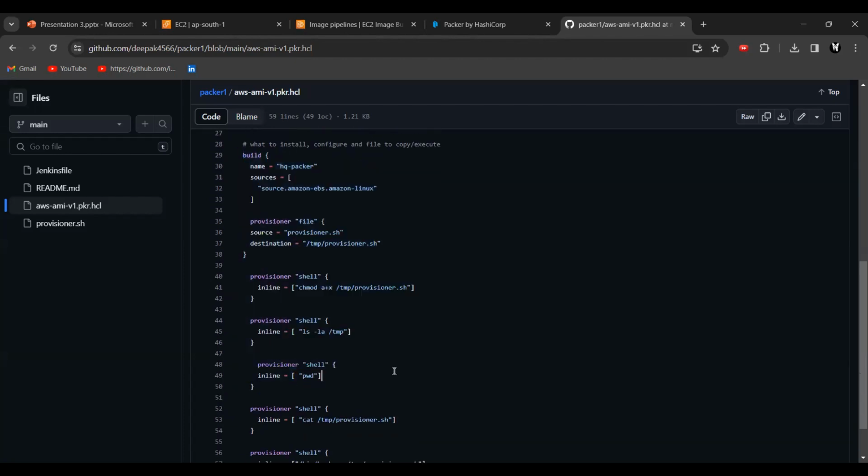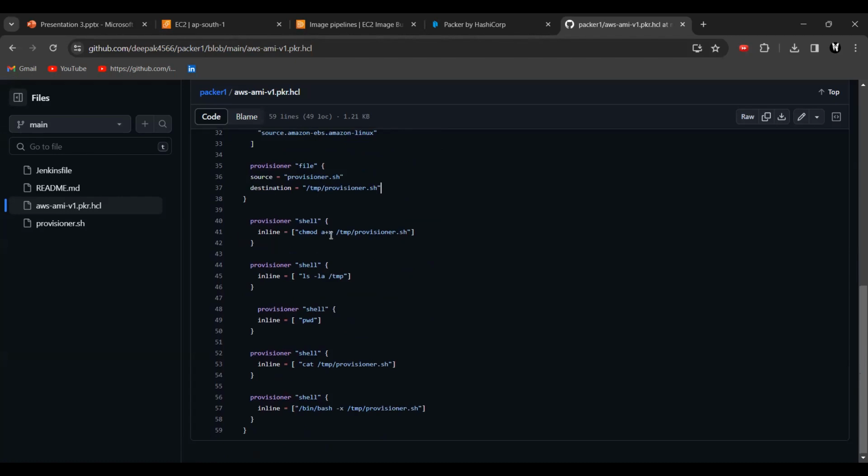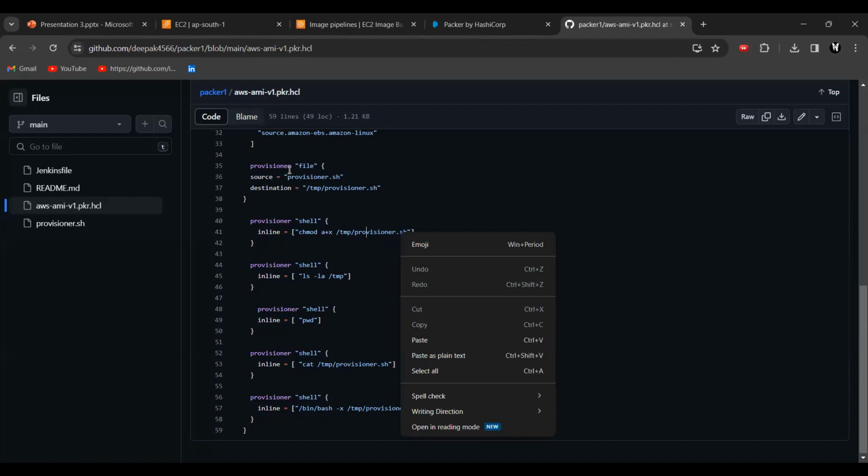These are calling the provisioner.sh. I'll explain the provisioner.sh. This will give permissions to the provisioners. In the provisioner.sh we'll have all the softwares required to install in the AMI.